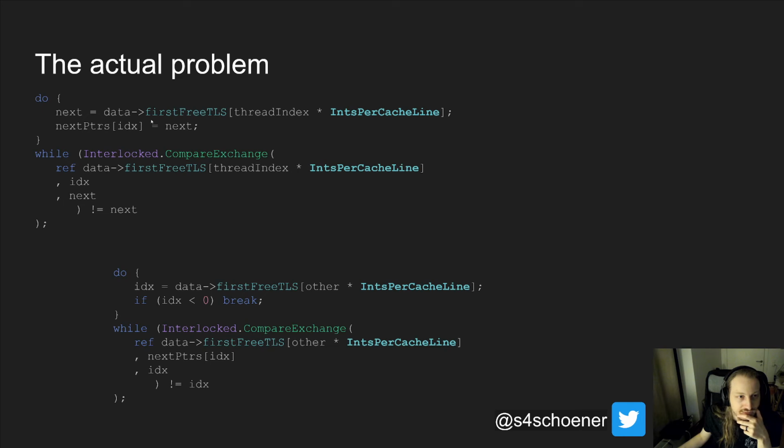So the way that this cache is implemented is through a free list. And in this free list, every element has a pointer to the next element. So what we do is we look into the first free index, which is essentially the head of the list, and the TLS here is thread local storage, because for every thread we have their own free index, and then we multiply it by ints per cache line to prevent false sharing. Not relevant. So we read the next thing that we could get, and then because we are trying to return